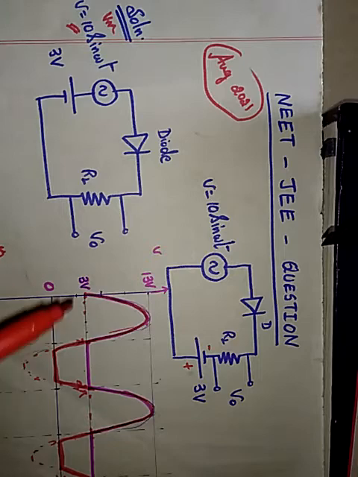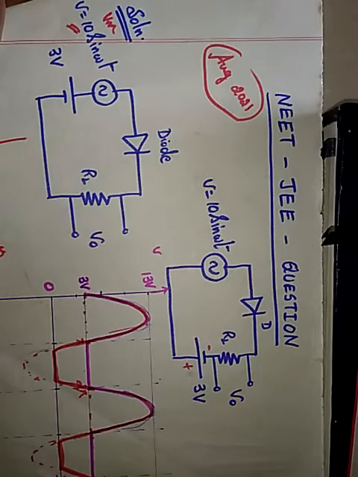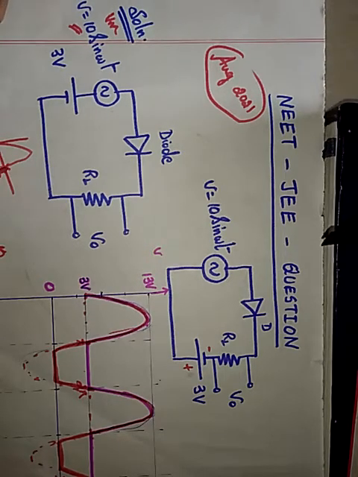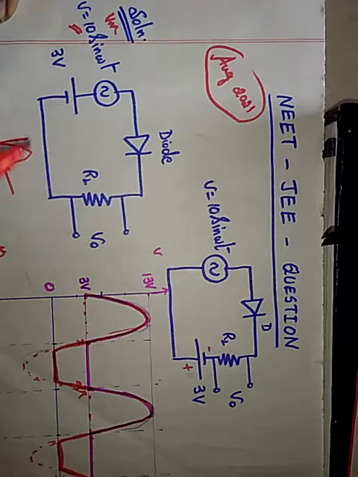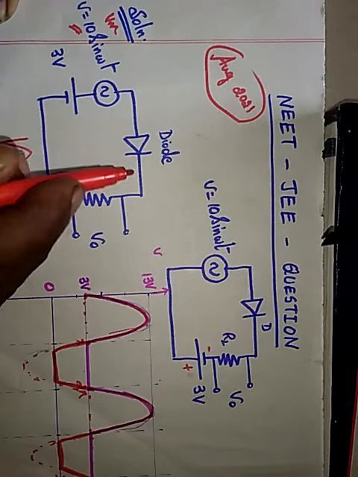So the idea here is, once this sine wave reaches 0, even though this is 0, you have this voltage. Both will cancel out only when this sine wave reaches minus 3 and this is plus 3, both will be 0. So at that point it won't conduct, so you will get 0. And once again it will start conducting, because the sine wave goes above this value. When it is minus 2, this is 3. So 3 minus 2 is 1 volt, positive, therefore the diode will conduct.